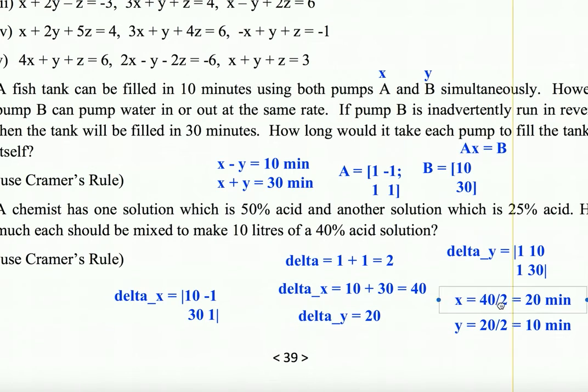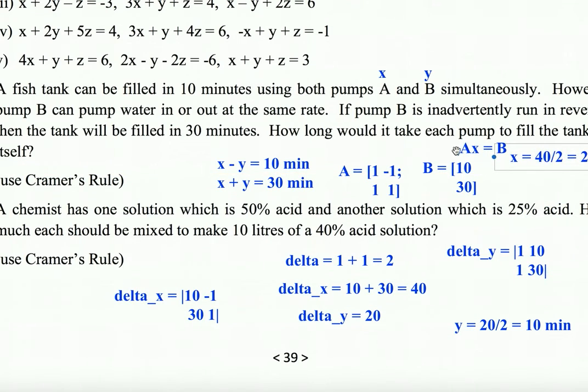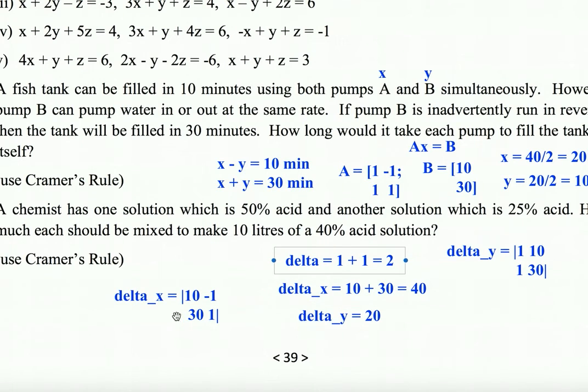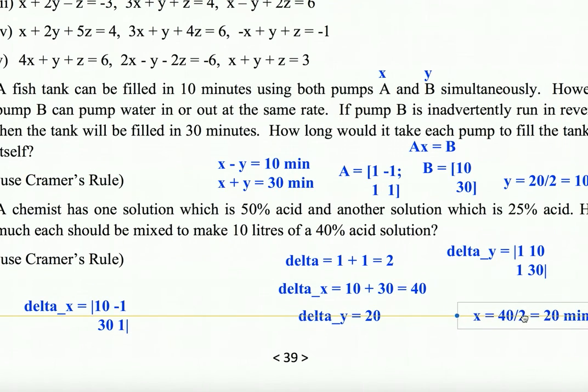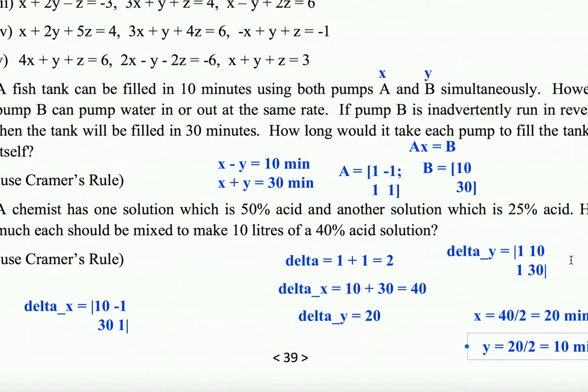So this final solution only you need, right? So I'm keeping it here. Other things are not required right now. Okay, let's use these only. Why go for another thing? See, a chemist has one solution which is 50% acid, and another solution which is 25% acid. Okay, keep it here only. We'll write the values here.